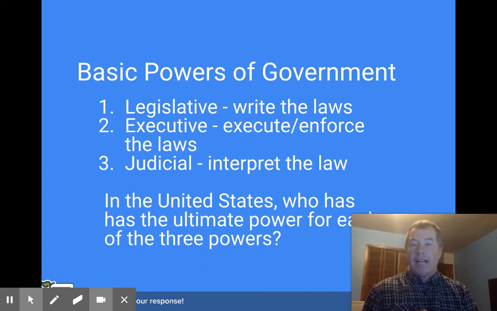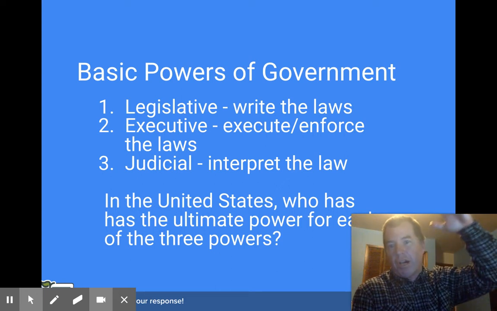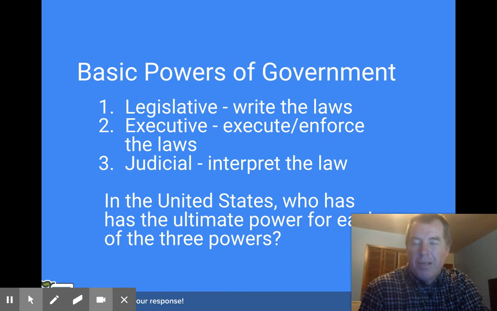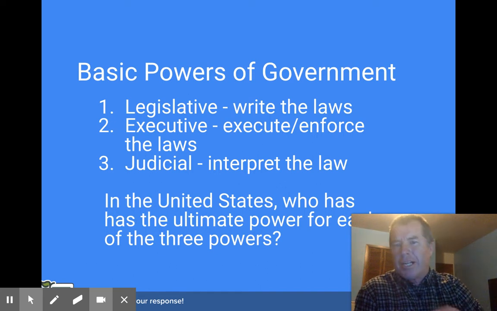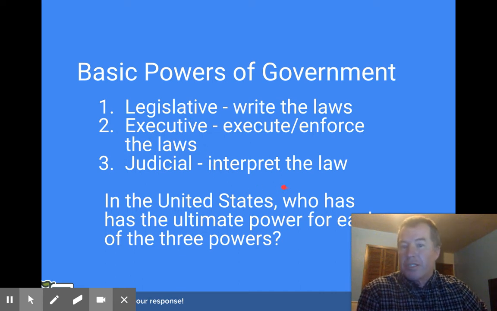And then lastly is the judicial branch, and the top dog in the judicial branch is the Supreme Court. But there are lots of federal courts. There is a whole federal judicial system. There are federal prisons. I don't know if that's technically under the judicial branch, but that's all part of that system. They're probably run by the executive branch, actually.